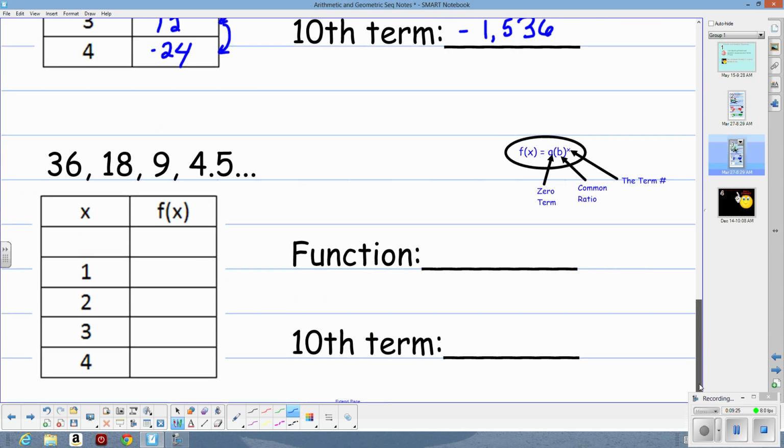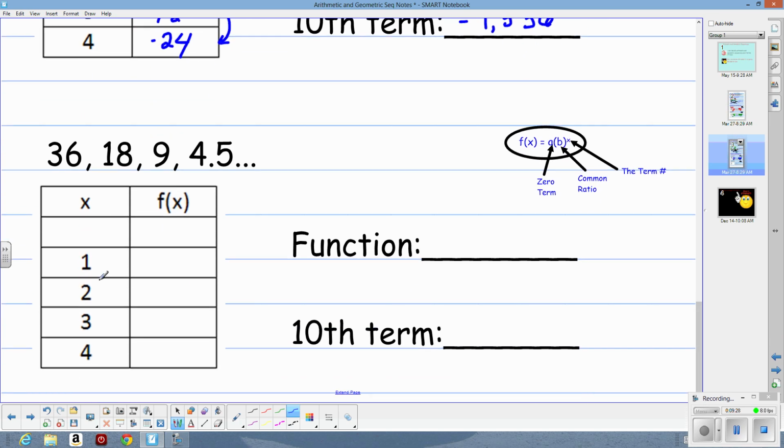You may want to pause the video and try this last one on your own. The first term is 36. Second term is 18. Third term is 9. And the fourth one is 4.5. To go from 36 to 18, the common ratio is 18/36, or 1/2. So we're